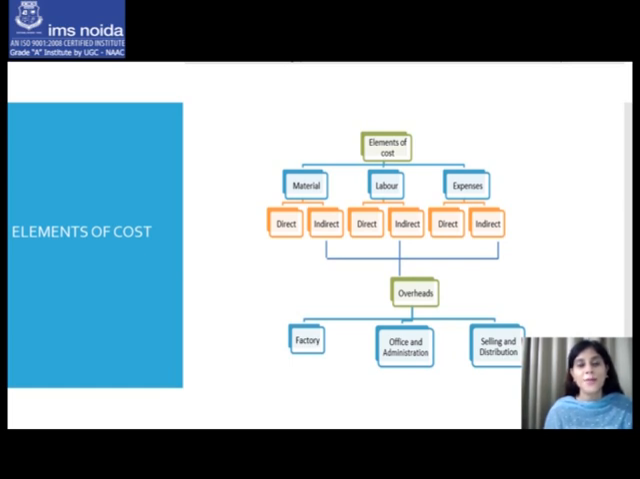When we divide the overheads, we get three types of overheads. All those overheads which are related to factory are factory overheads. Then we get the office and administrative overheads which are related to administration expenses, and then we come to the selling and distribution overheads. So this was all about the